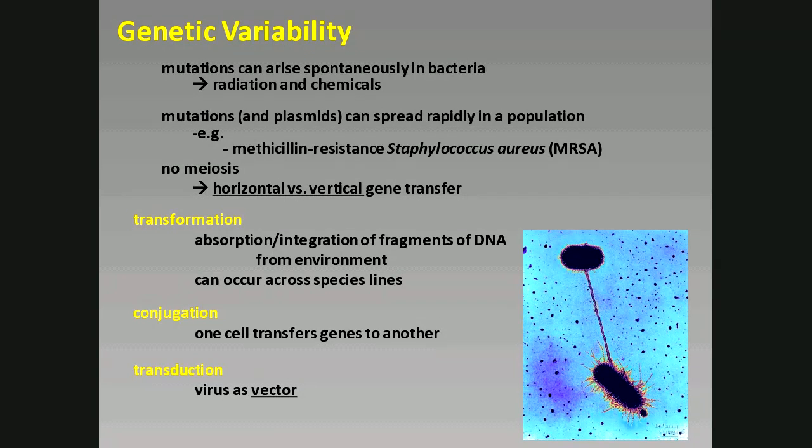Mutations, right? Mutations, actual point mutations, actual changes to the DNA. They can arise spontaneously in bacteria. Radiation can cause them. They can arise spontaneously in our cells. We hope they don't. But radiation, ultraviolet light, we talked about UV light and the ozone being protective for us. Well, in bacterial cells, that can cause a genetic mutation, just like in your cells, it can cause a mutation. Chemicals respond just like us, right? That can cause an actual genetic mutation to occur. Now,